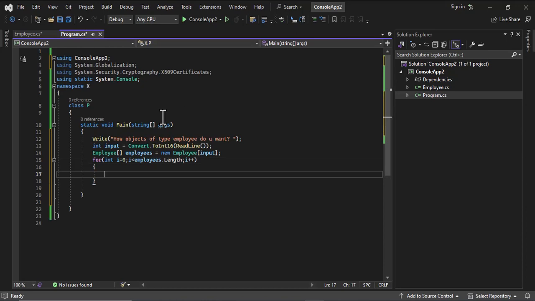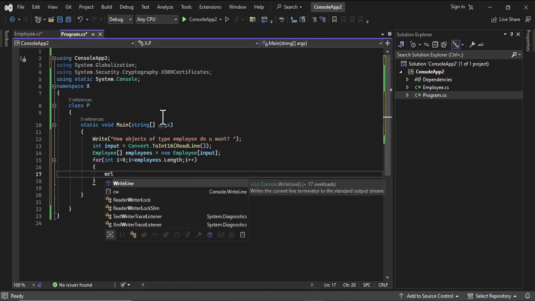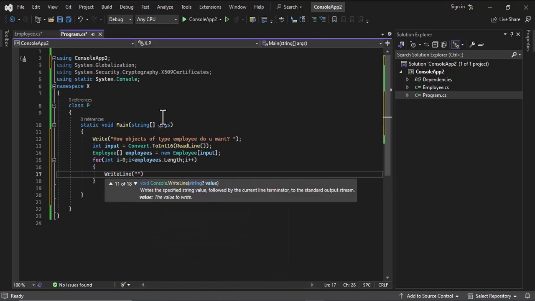Very good. And then from there, one thing that I'm going to do here, I'm going to have a prompt. Let me have a prompt and say enter ID,